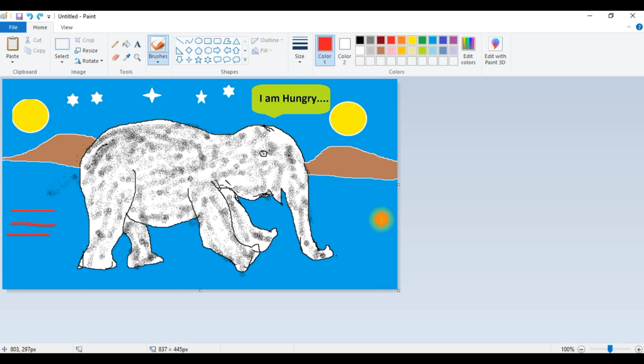Using that tool, we will put some grasses. See, this brush tool is nice to put grasses. I'll change it to green and I'll put some grasses.